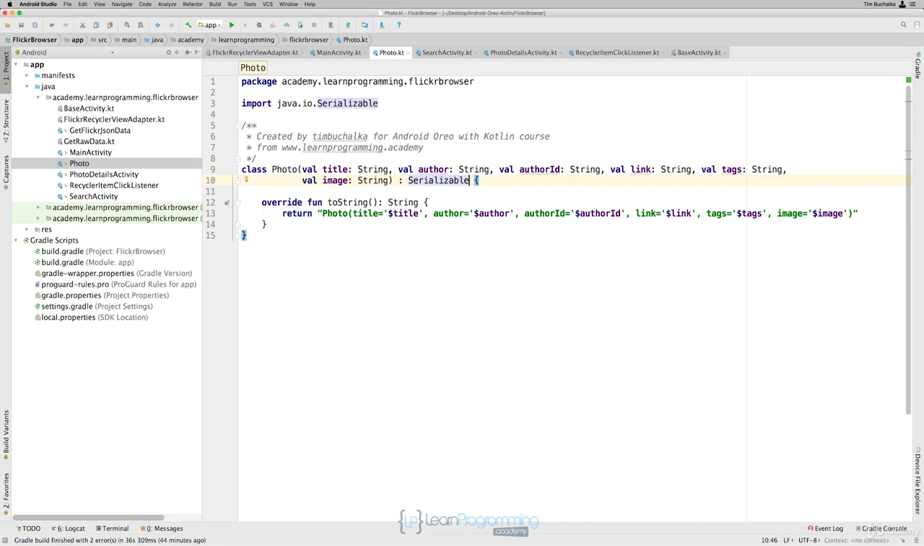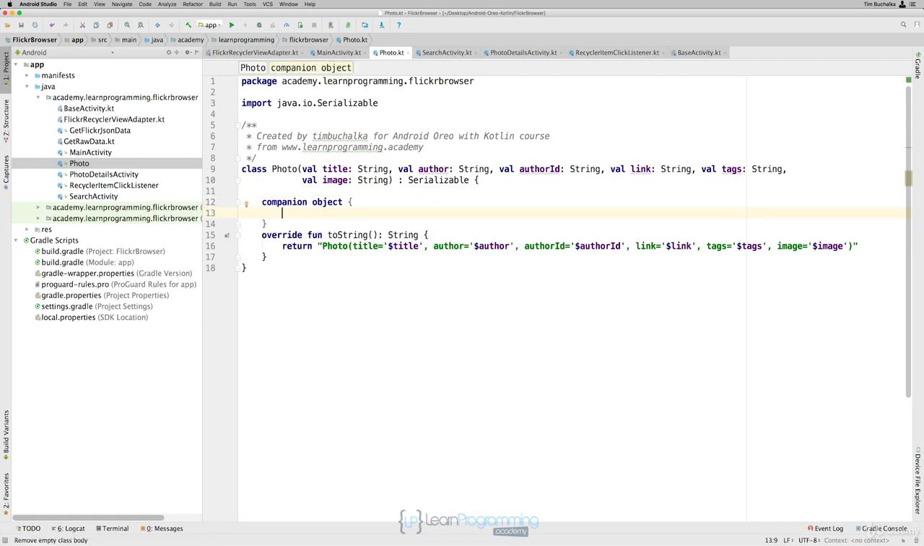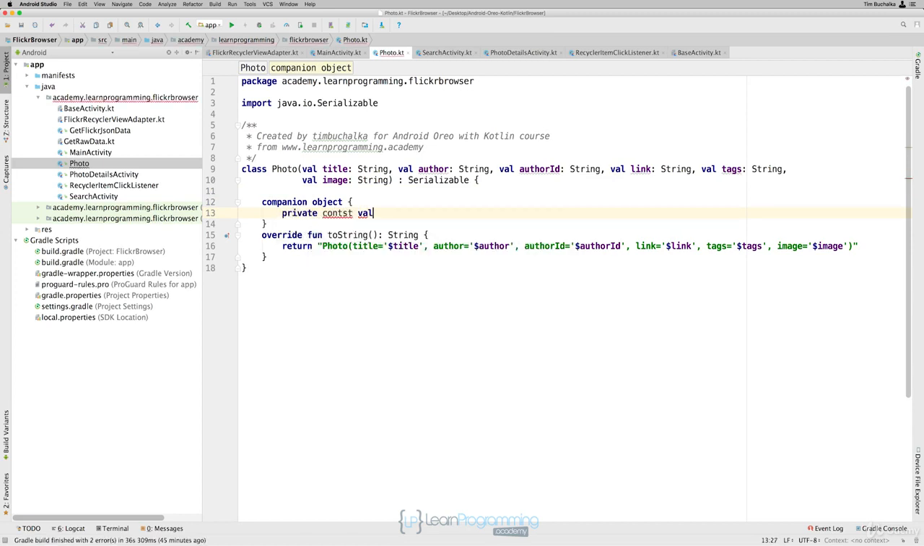So all we really have to do is add a serial version UID to the class. Now that needs to be a static field in Java, so that means we have to use a companion object in Kotlin. So I'm going to add that to the start of the class, just after the definition, before the override to toString. So we're going to type companion object, press enter there so it's to write some of the code for us. We're going to type private const val,